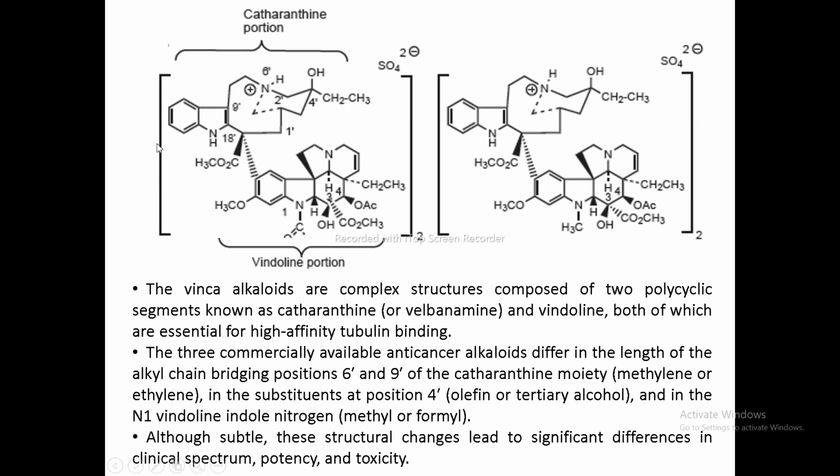So where they differ: they differ at position 6' and 9', meaning this chain is either methylene or ethylene. Then they differ in the substituents at position 4', either an olefin linkage or a tertiary alcohol. Also, they differ at the N1 of the vindoline nitrogen. So either it is methyl, now in this case, check it out, it is methyl. In this case, it is formyl. Okay. Although subtle, these structural changes lead to significant differences in chemical spectrum, potency, and the toxicity of the particular